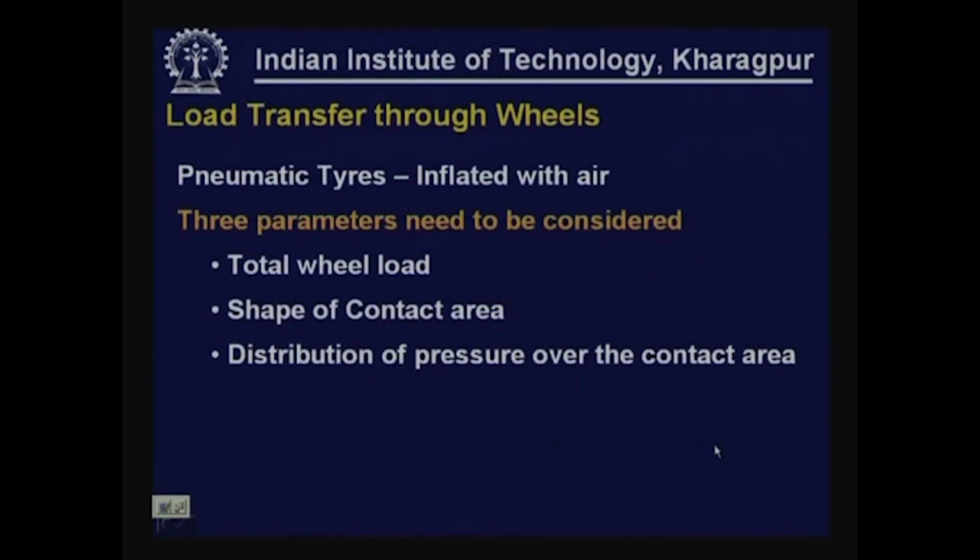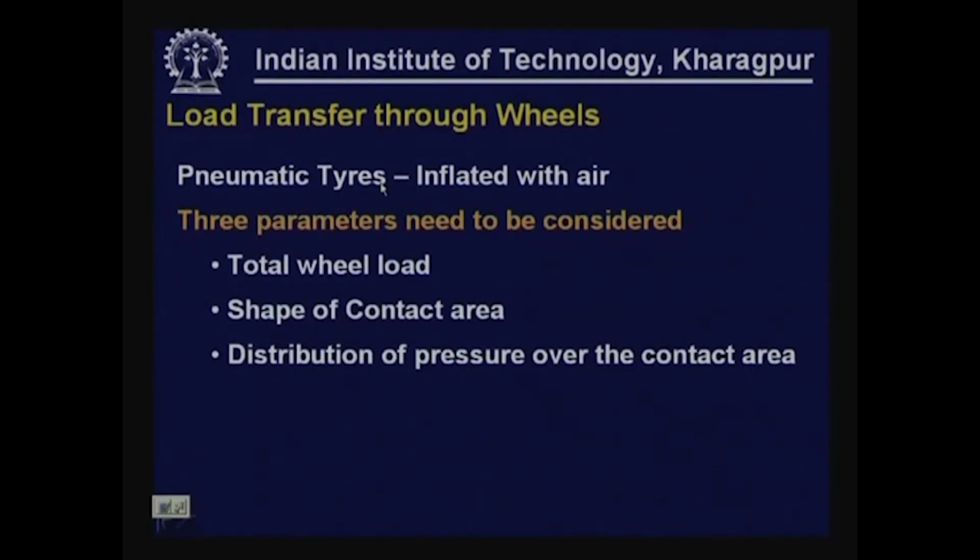The load transfer through wheels: we have seen that the gross load is transferred through a number of axles, and each axle in turn has 2 sets of wheels on either side, whether a single axle or dual axle, single wheel or dual wheel. So ultimately it is through the wheels that the load is transmitted to the pavement. Let us see how it gets transmitted. We normally use pneumatic tires, which are inflated with air,